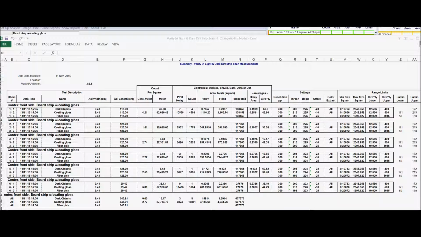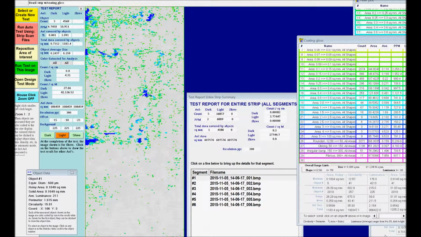So for example, the PPM is going to take advantage of a very large sample size so that we reduce the extrapolation errors in generating that PPM number. And finally, certain data points to anomalies in the strip, so we can zoom in on portions of the strip